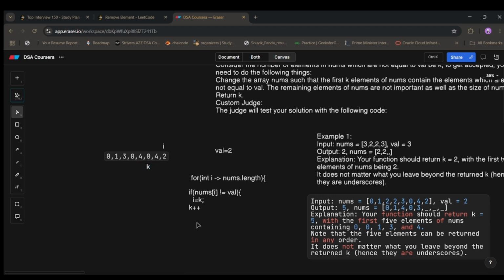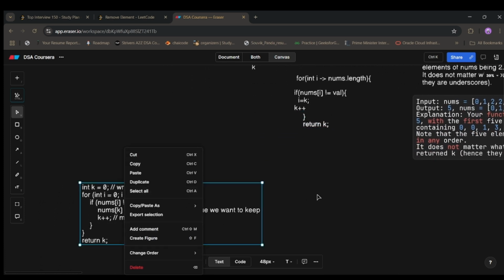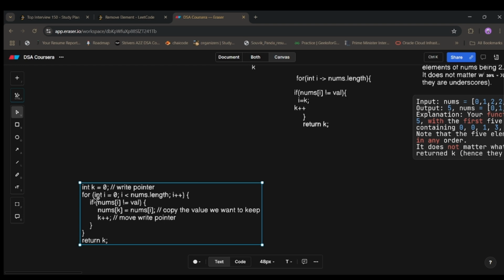So now at the end, after the loop ends, we just return k. Here k is 0, 1, 2, 3, 4, 5. K's value is 5, and the output over here is 5. So if you want, this is the code here. Over here, we are just iterating through the array, checking if nums of i is not equal to val, then just going through it. If we run this code,